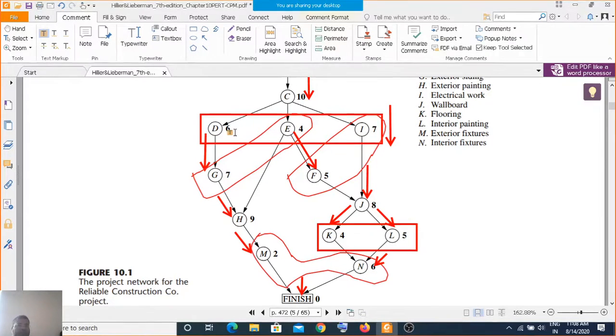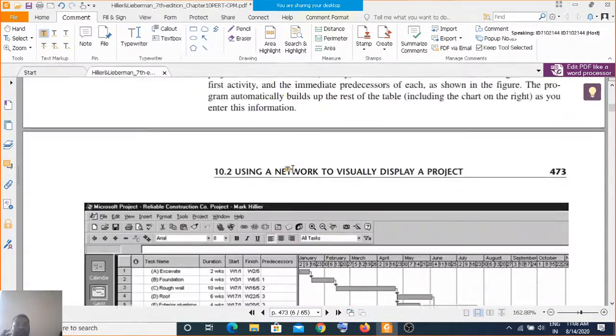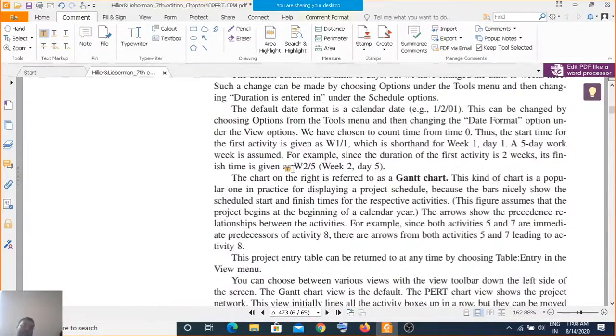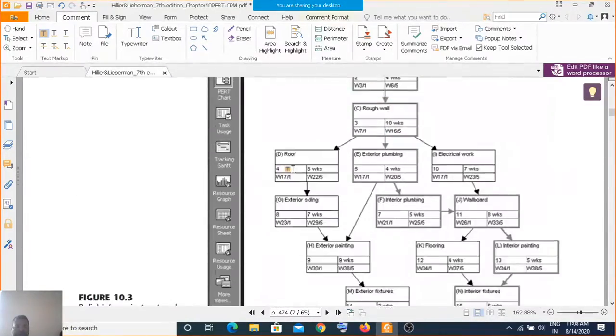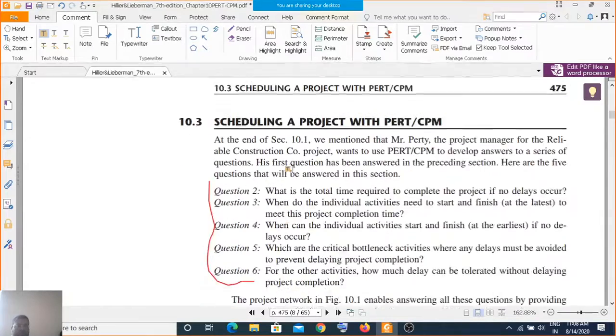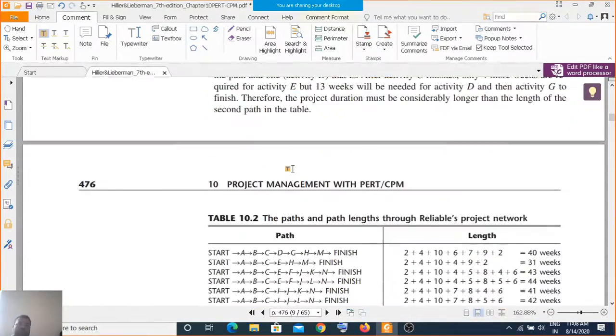This requires 6 weeks, this requires 4 weeks, and this requires 7 weeks. So no matter which path you decide, ABCD, ABCE, ABCI, the time required is 7 weeks, even if you go with the 4-week one. The extra time is called slack time if the task gets completed well before. So this is the idea.